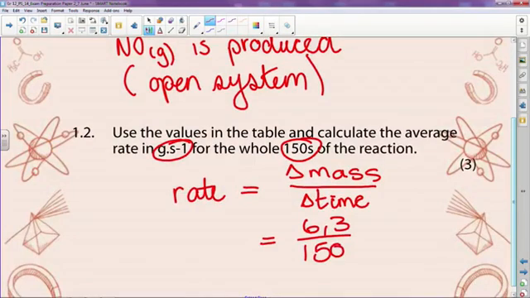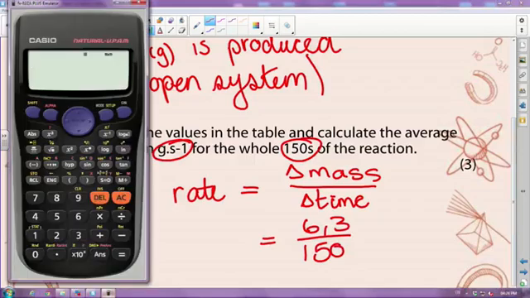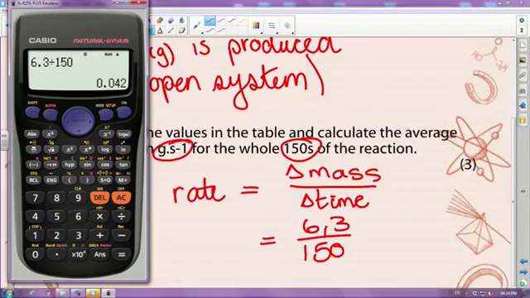150. Okay, and now I just want to double check that I've got the right answer. So remember, we use our calculators and we're going to go 6.3 divided by 150. There we go. Remember, no fractions, so we change it and it gives me 0,042. Okay, so,